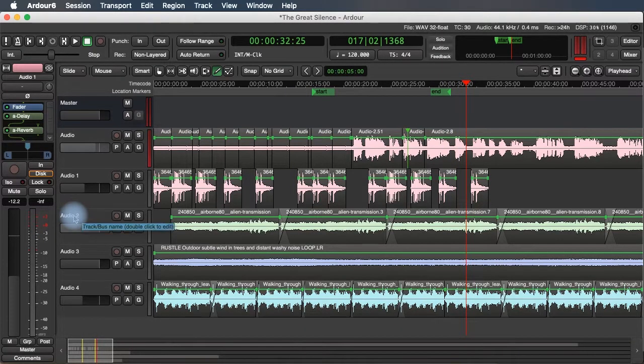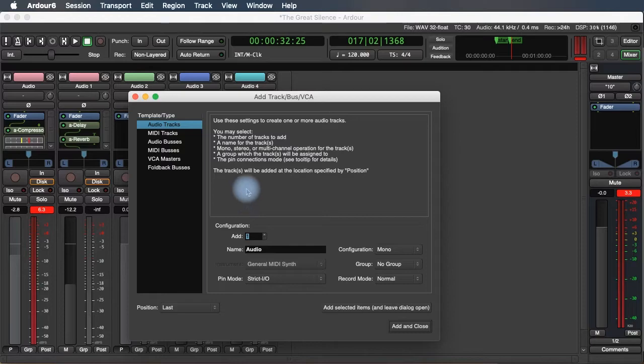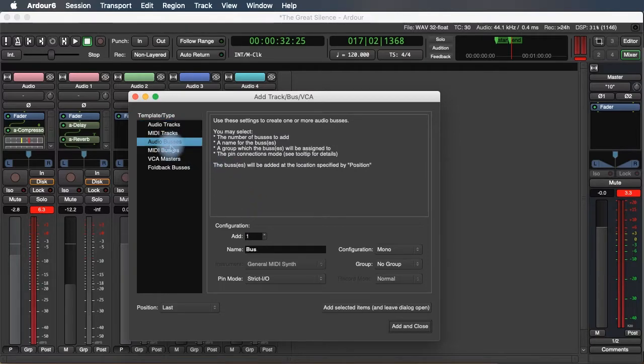So what we do is we combine the 4 tracks into a bus. And the way we do that requires a couple of steps. We go over to the mixer, and here we can see our vocal track and our 4 tracks that make up our sound environment. We're going to add a new track. It's going to be a new type. It's going to be an audio bus. And we're going to add our audio bus in stereo